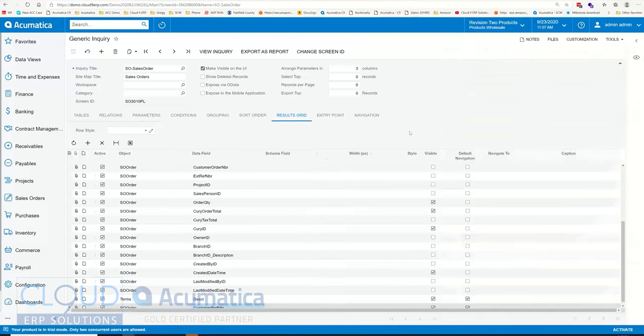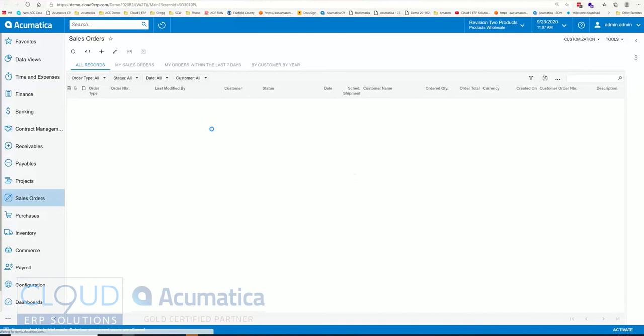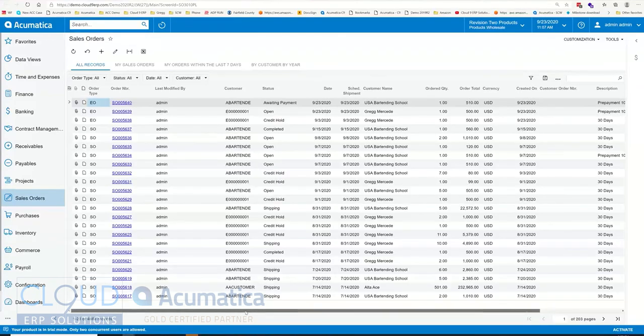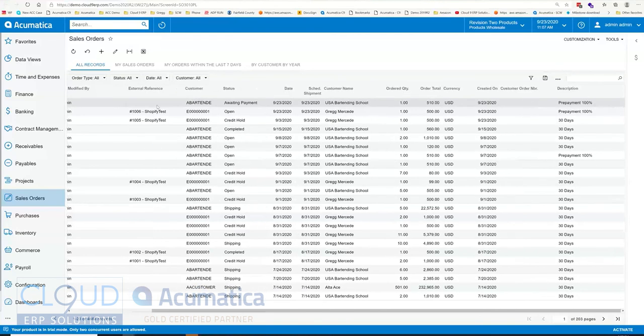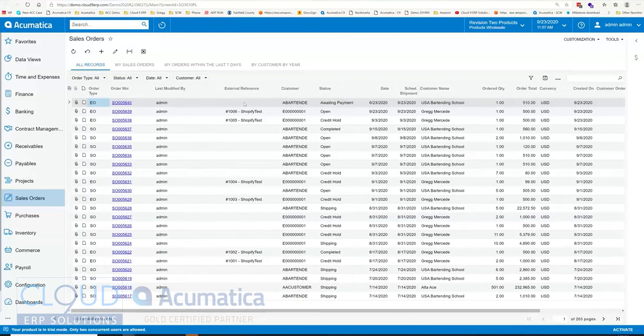So now if we get out of this and we view our inquiry screen, if we move it over, we can now see that reference field. And this doesn't have to be called external reference. It could be called whatever you want it to be. So for example, Shopify reference number or something. So we have 1006. If we go back to prepare,